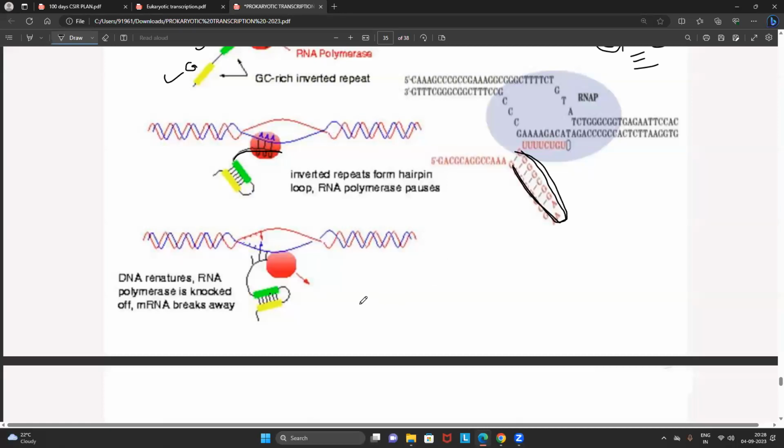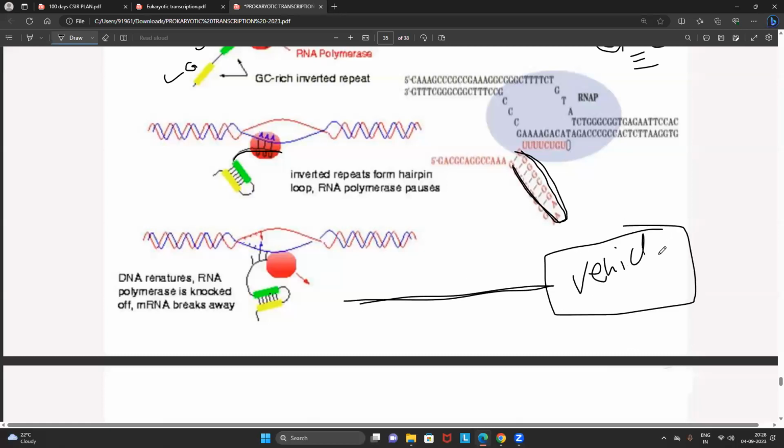See, friends, it's simple. Like, this is a thread. By using the thread, we are pulling a vehicle. So here, what is the vehicle? The vehicle is only RNA polymerase plus DNA. Correct, na? If I pull with great pressure, sometimes what happens? The thread will break down, so this will get separated. The same thing will happen here.